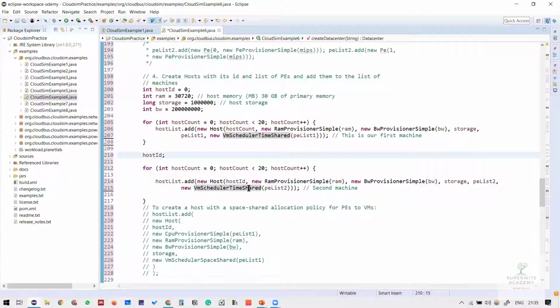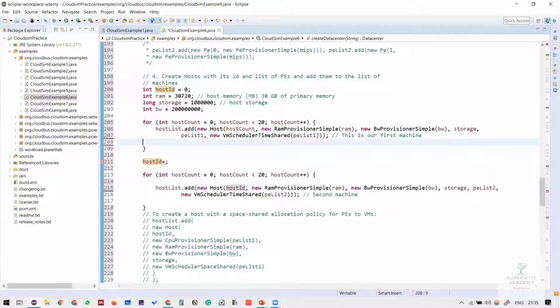So what I will do is I'll start from host ID equals to whatever my host count. So maybe I put this particular host ID over here so that my host ID gets updated every time with the latest count. So I'll start from here, right? And then I can remove this.